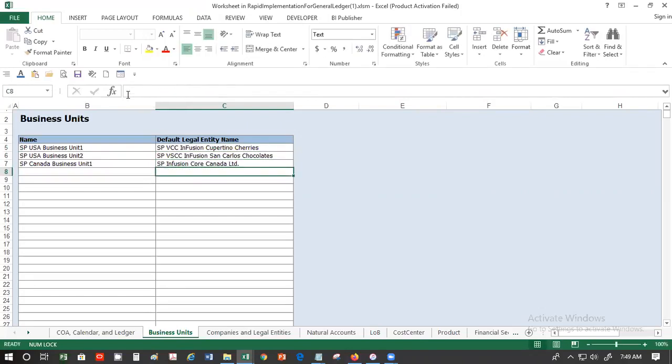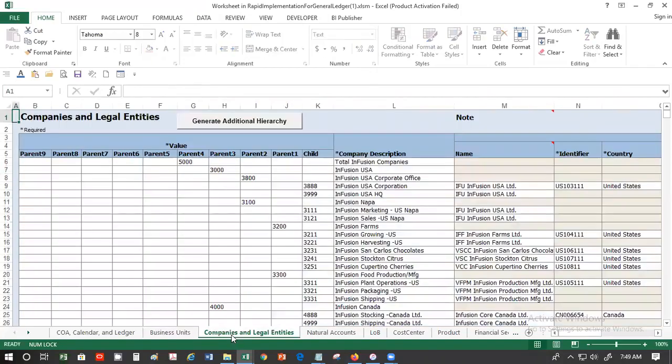So these would be the legal entity names. Over here, if you see, the parent child has been defined here. The child level, this is that SP Infusion USA Corporation. This is the name of the